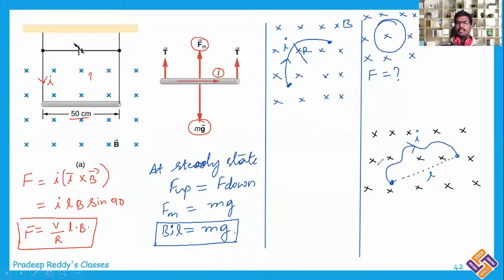Likewise, let us take some more examples. This is an example where you have a semicircular wire in which current is passing through, and the magnetic field is given as B. Now, whenever you are dealing with magnetic force acting on a current carrying conductor, we have the relation F is equal to I into L bar cross B bar. And remember, this L bar is the displacement vector